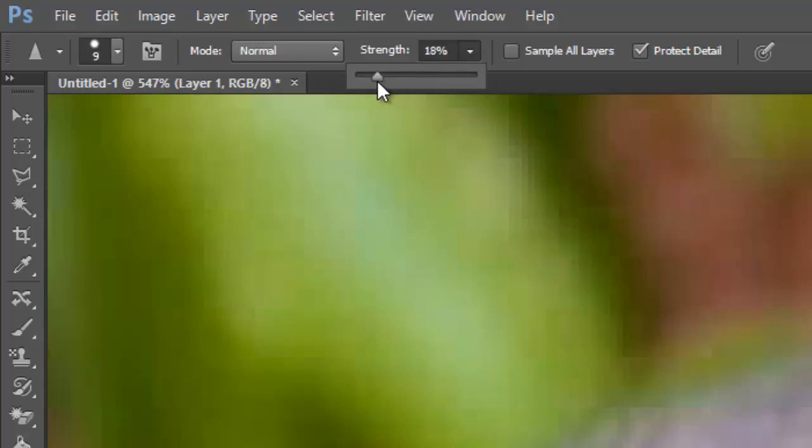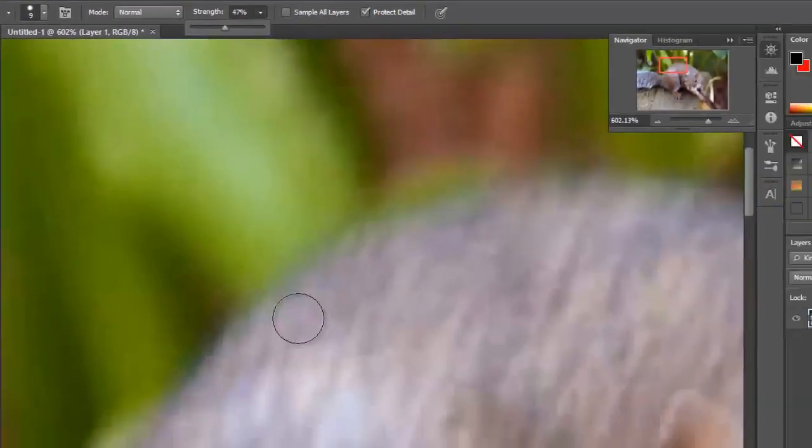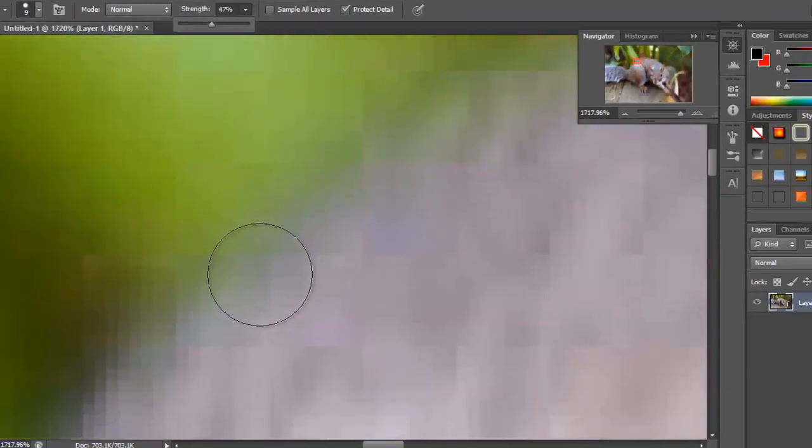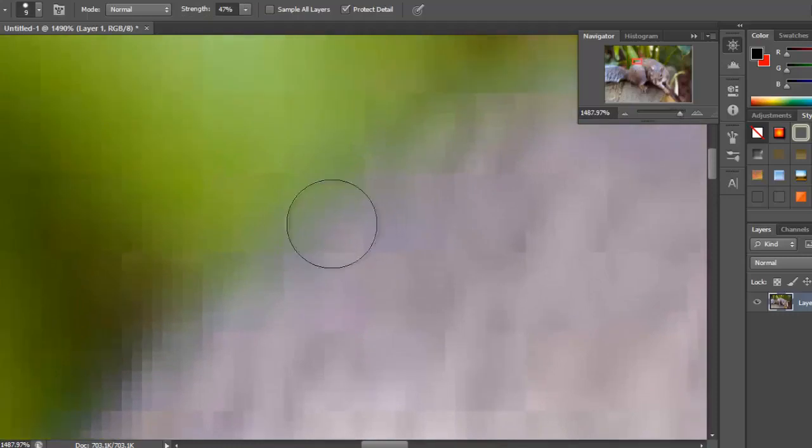Strength is a self-explanatory one. It controls the strength of the effect applied to the pixels on the canvas by this tool. Okay, let's zoom in nice and close. Alt middle mouse scroll is the easiest way. You can use the navigator also. And I'm just going to